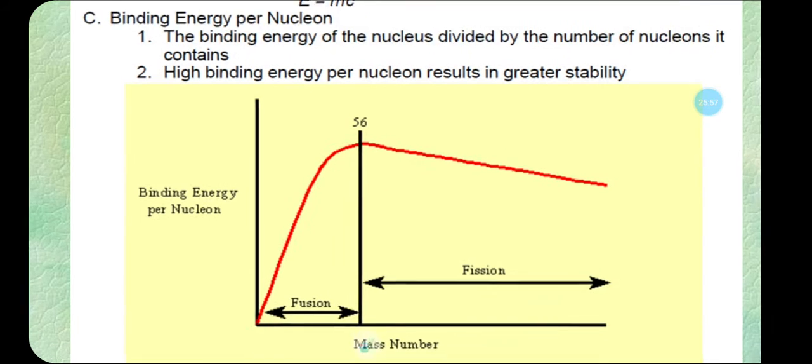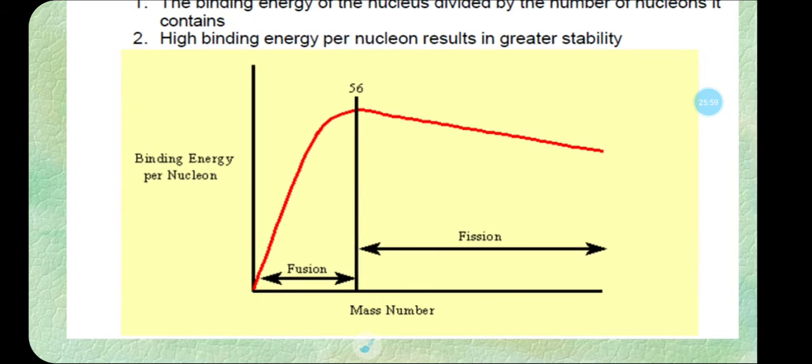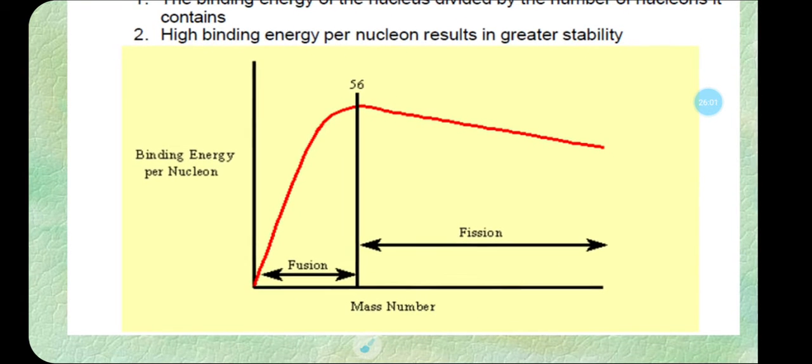So in this plot we would like to show you binding energy and mass number. The binding energy increases as we increase the mass number, up to 56, which is the maximum binding energy. If we increase the mass number further, the binding energy slowly decreases again. So the most stable nucleus has mass number 56.